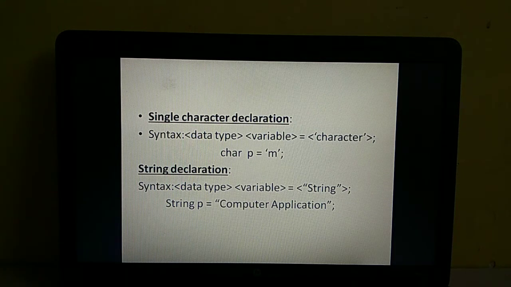For example, if it is a single character, you take a data type as char with a variable equals to, within single quotes you are inserting a character. And string declaration means a data type, variable, with within double quotes you are inserting your string. Okay, any of your string. It may be a word or a string. Fine. So this is declaration of your string character.